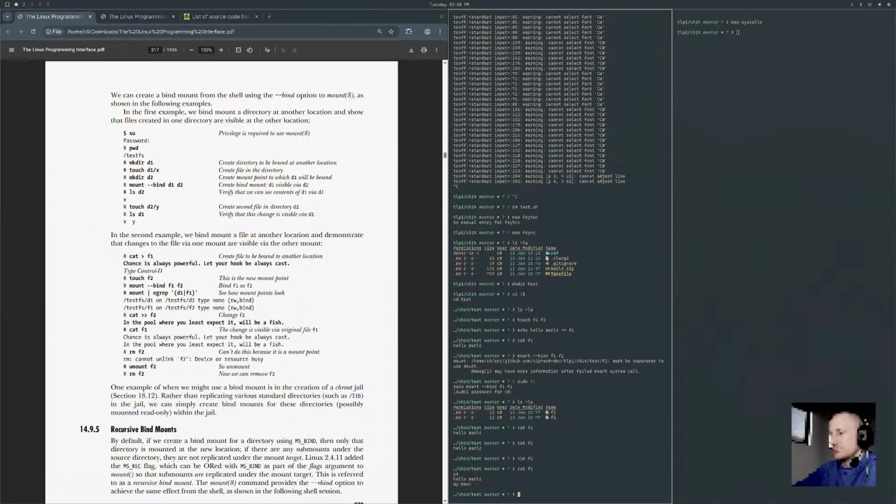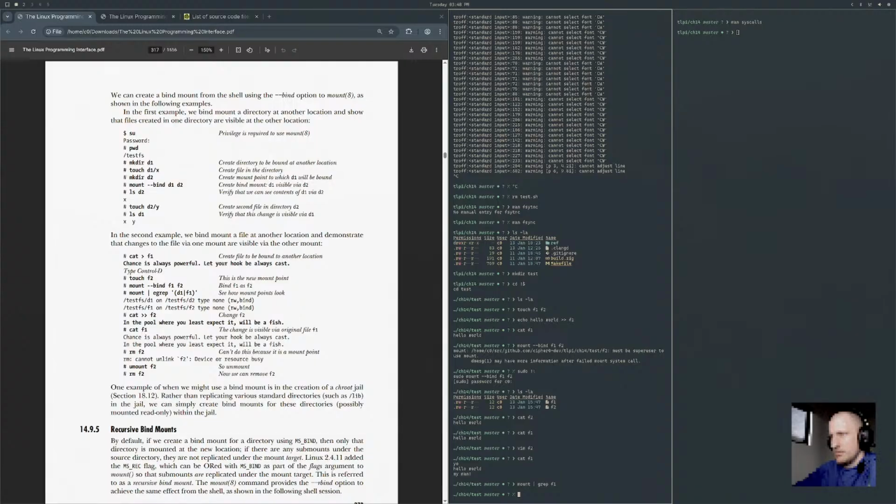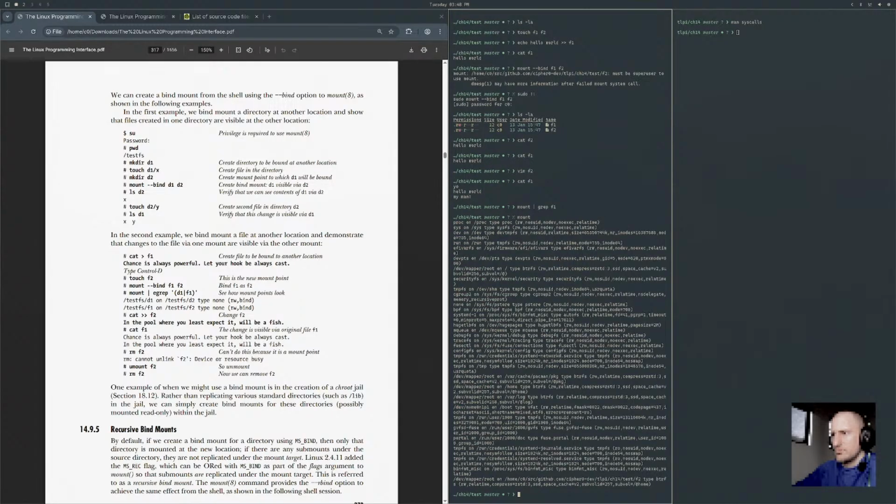So now if I do mount and grep for F1, no? No, just list all mounts. Shouldn't it show up there? F1?